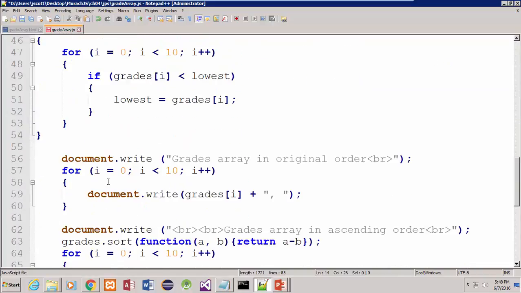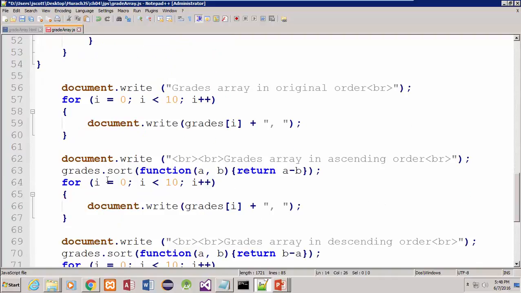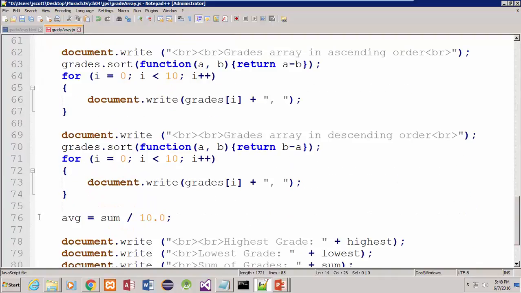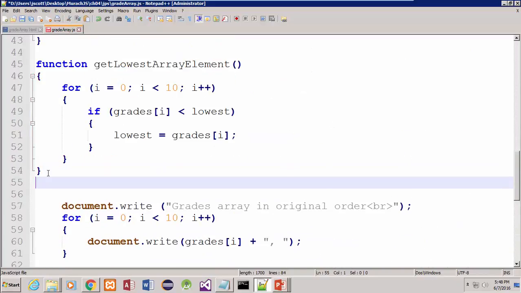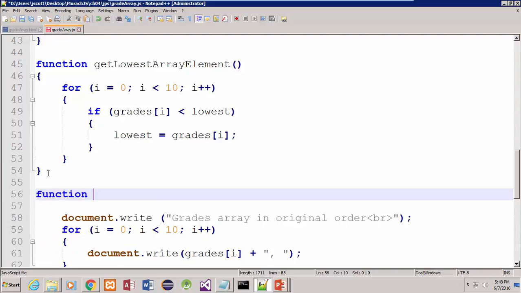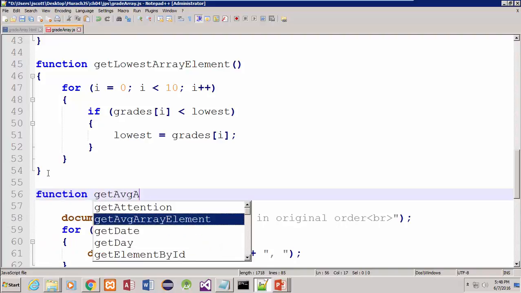I think we moved that down to here. There it is. It's just that one line. So we come in here and we say function get average array element,